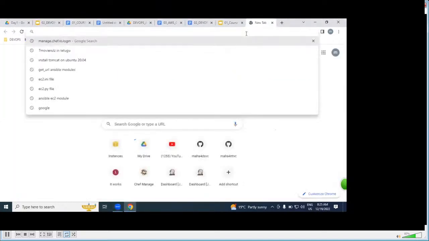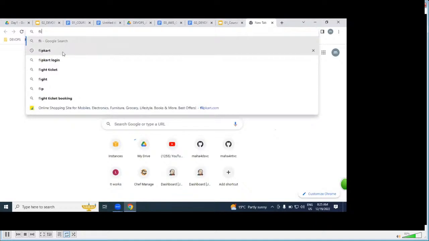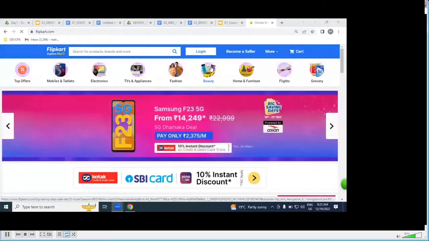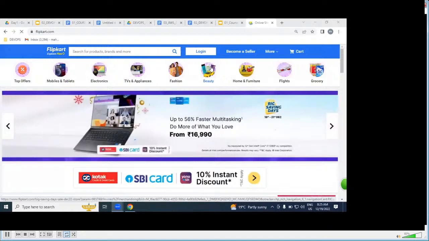Application is nothing but a website, like Flipkart, Book My Show, IRCTC. These are all what we call applications.